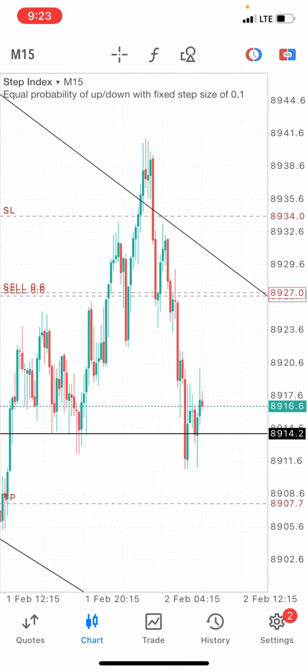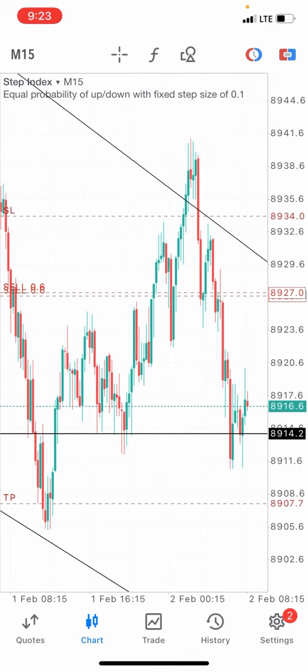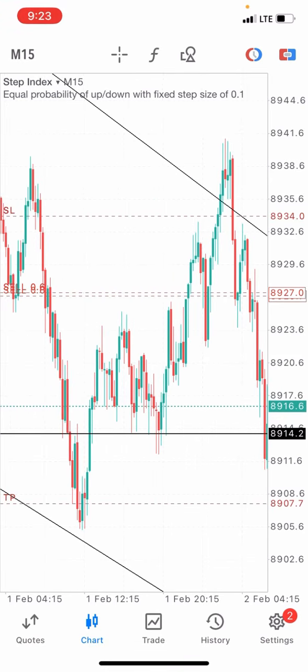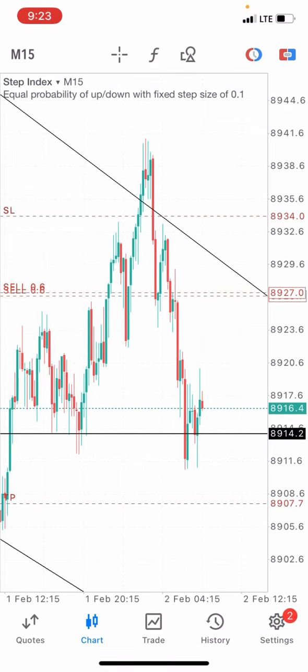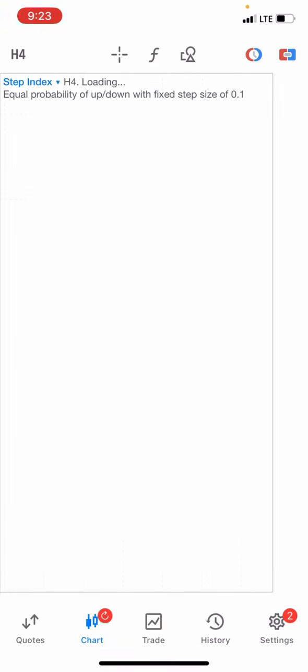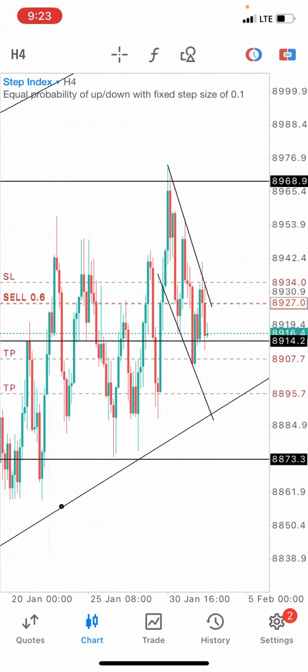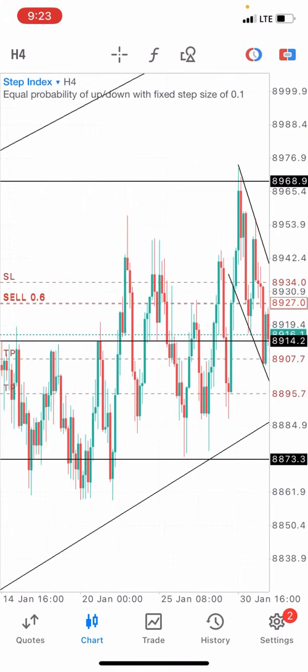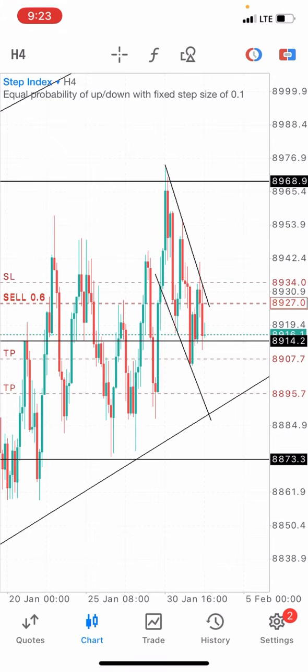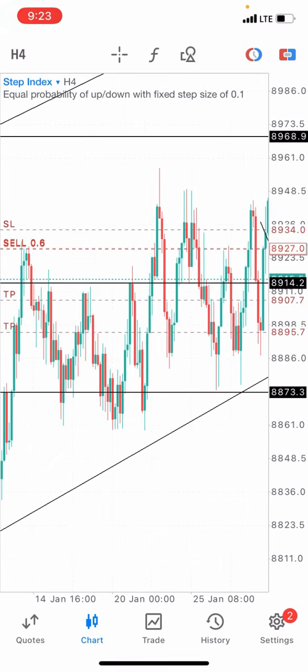Okay, so on this market, what I want to show you is right here on this screen, on the 15 minutes time frame. But first, let's go to the 4 hours time frame to see the direction of the market. Okay, now you can agree with me that the market is pushing upwards. Even when it's ranging, it's still trying to break out to go upwards. It's trying to find its way to the top. Okay, on the 4 hours time frame, we have that.